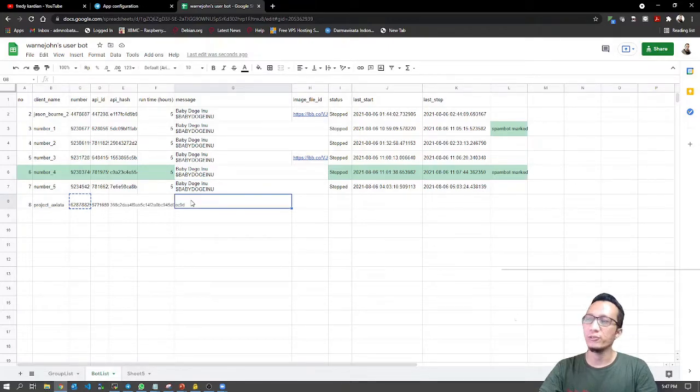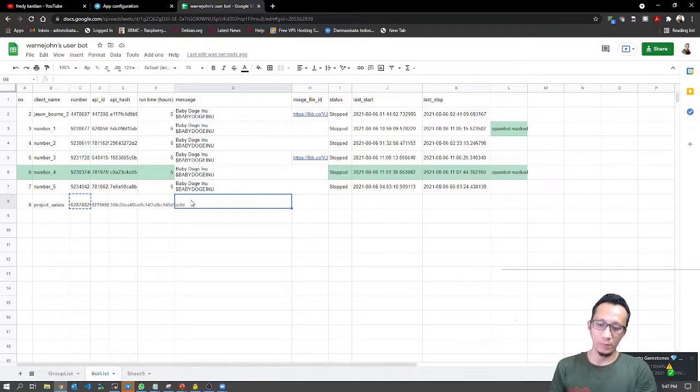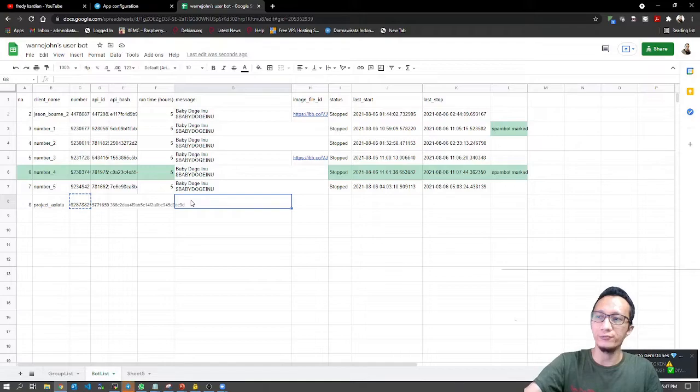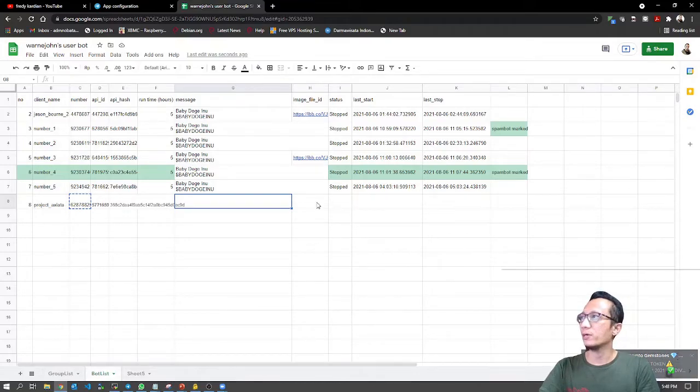For the first time, we have to input our confirmation code, the one-time password. Then after we log in and have saved the session on the server, it's done. We do not need to input the one-time password again. Okay, so I will just finish the configuration right here for a while.